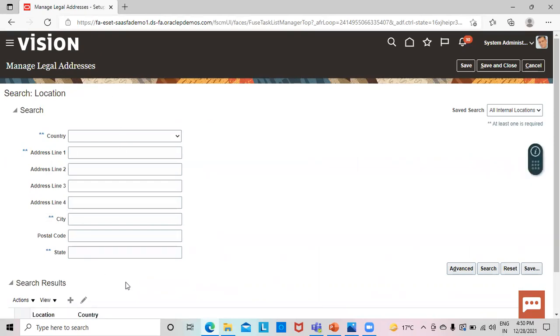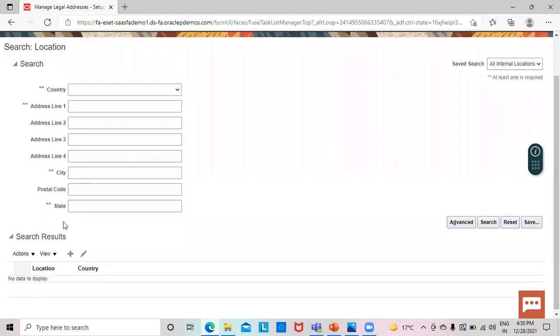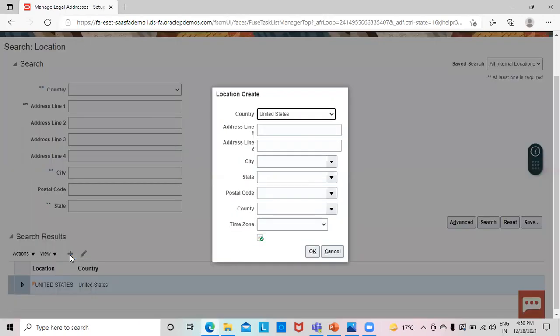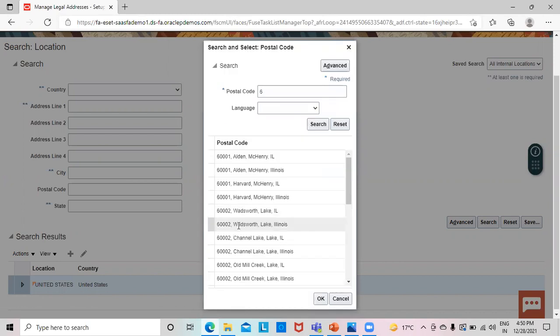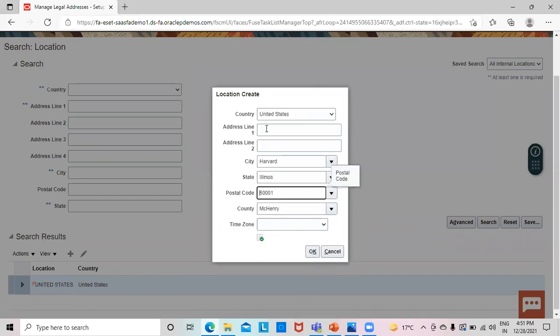If our location or the address is already created, we can search it from here. As we have to create a new address, we'll click on the create icon. So we'll select the postal code from here. This way the details are automatically filled.